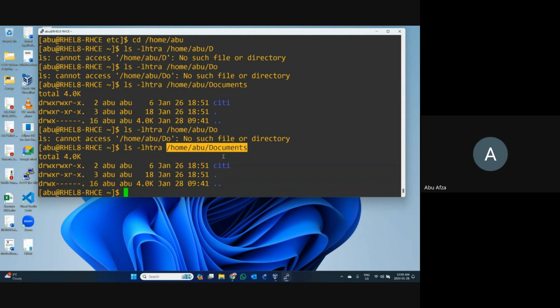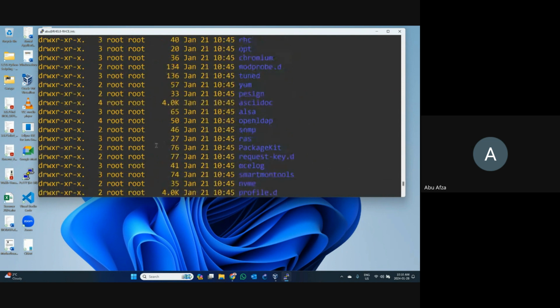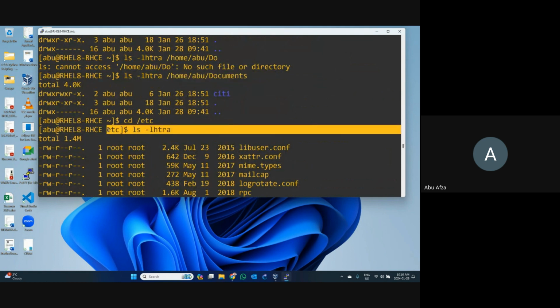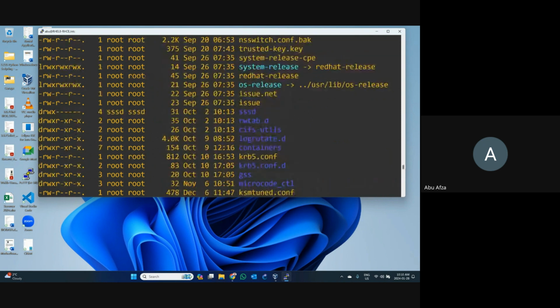If you want to go to any other folder's information, you can check it this way. Let's do another thing. That one is called find, to find something from your folders. So in here there is only one drive, but let me go to our etc folder. As we know, we write down this command and we can see all the file information in here. Let's find out from this folder, from the etc. Let me pick anything. Let's write down mail, M-A-I-L. Start with mail. Okay, let me find out.